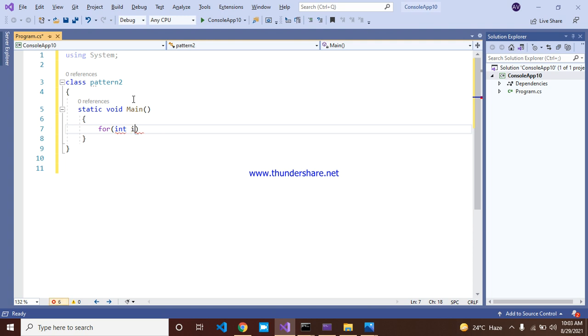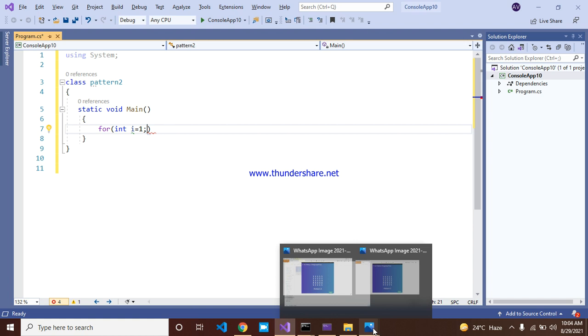For int i = 1. Why? Because every pattern will start with 1. In negative patterns or reverse processes, you can start with 5 or 10 also. But in this case the starting value is only 1. Int i = 1.